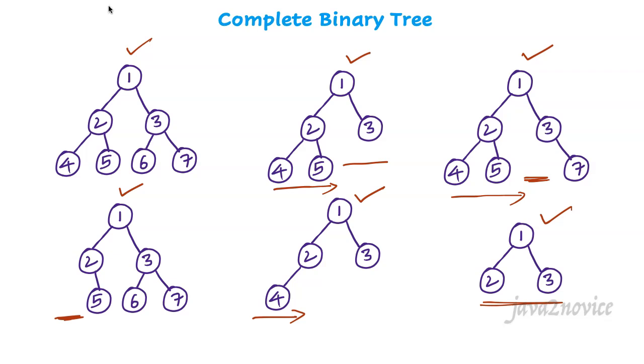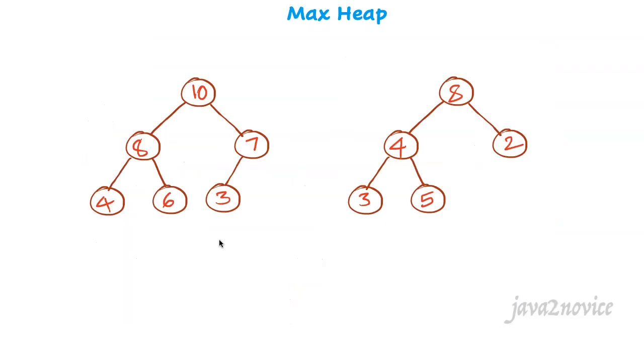Now coming back to the heap data structure, a heap is a complete binary tree. Based on the node arrangement compared to its root node, we can classify heaps as a min heap or max heap. Let's understand better. We will discuss max heap first. In a max heap, the root node value must always be greater than or equal to its children. Not only its children, the root node value must be the highest among all the node values. This rule is also applicable to all the subtrees within the tree.